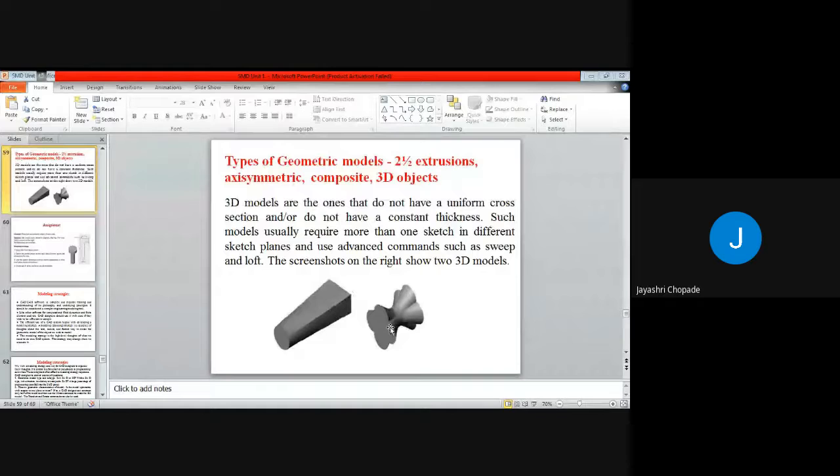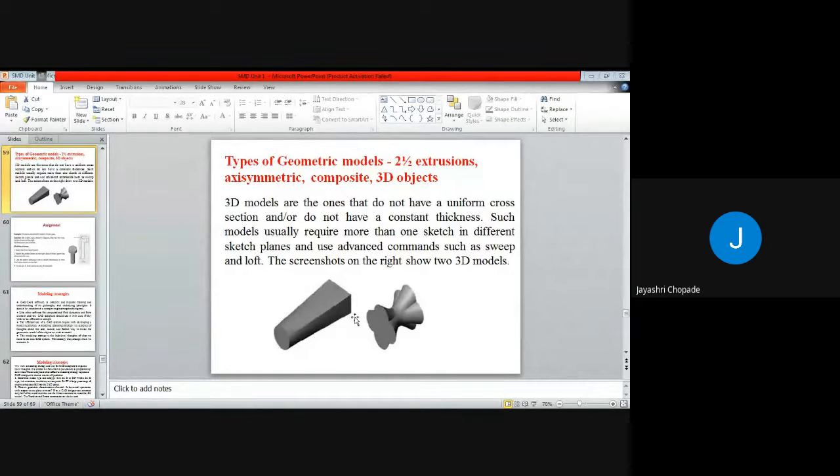Here also, at the center or middle, the shape is narrow or neck shaped. That is the complication of a 3D model. Such models usually require more than one sketch in different sketch planes. Such sketches are not possible with a simple sketch. You need to apply different sketch planes and then you can create such a model.